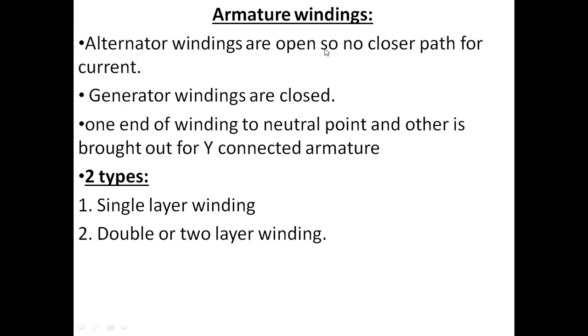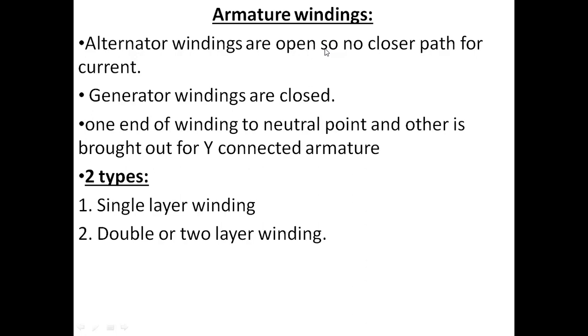So again, at the center of the south pole, it has a maximum EMF induced in it because at that time flux density will be maximum. But the direction of EMF when the conductor is on the north pole is opposite to that of the south pole, right? Because the south pole and north pole are quite opposite. The direction of EMF in the north pole will be quite opposite to the south pole.